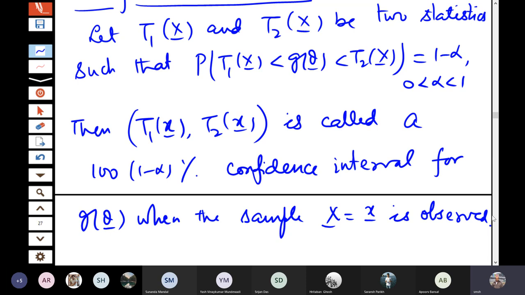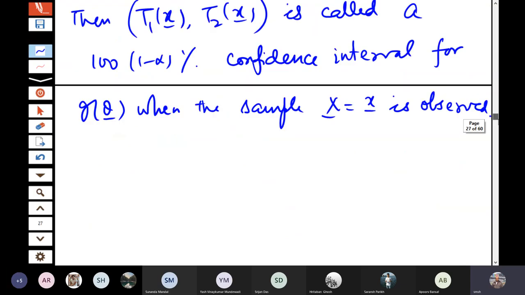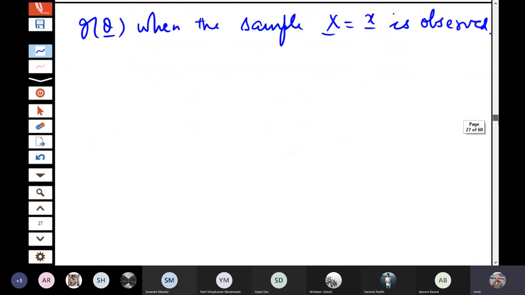So this confidence means that suppose I take alpha is equal to 0.05, so 1 minus alpha will become 0.95. That means if I do the experiment say 100 times, then 95% of the time it will lie in that region. That is the meaning of the confidence interval. Now, how to derive the confidence interval? So there is a full-fledged theory of derivation of the confidence intervals. I will discuss one simple method.